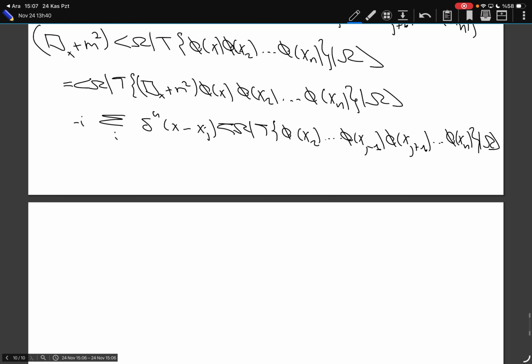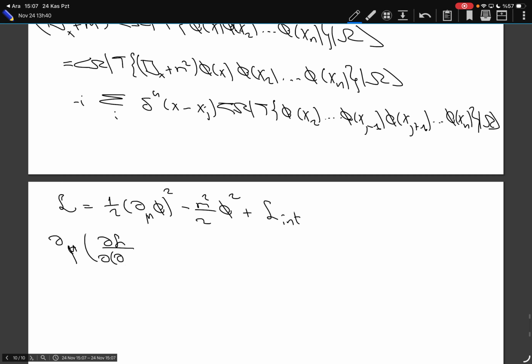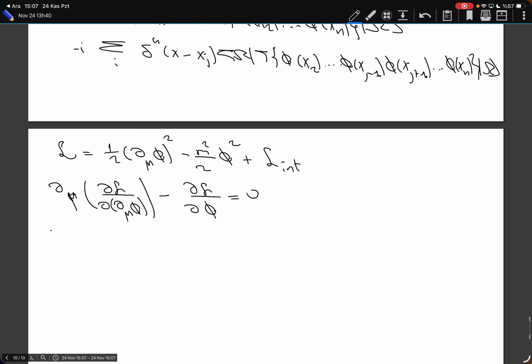Why? Well, let's say that I am looking for L is equal to 1 over 2 del mu phi squared minus m squared over 2 of phi squared plus, let's say, some interaction terms, whatever they are. What are the equations of motion? Well, del mu, derivative of the Lagrangian with respect to del mu phi minus derivative of the Lagrangian with respect to phi, this is equal to 0. Well, the first term will give me del mu